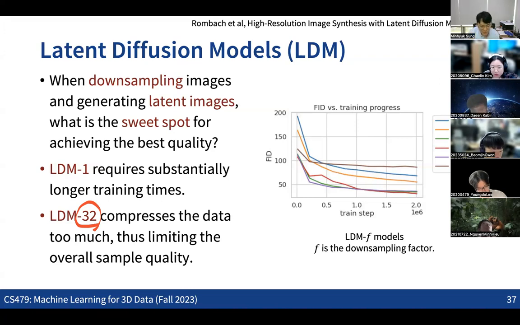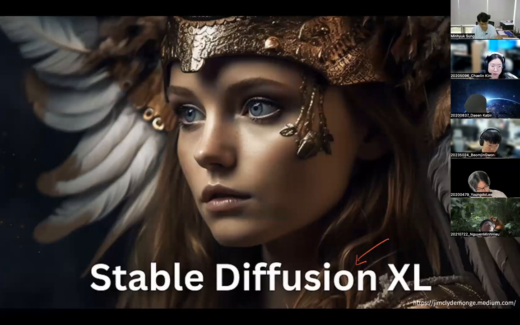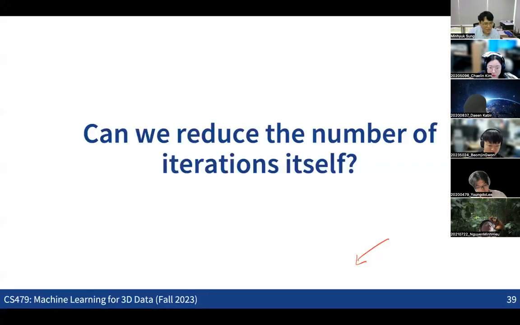So this LDM is a very standard way to train diffusion models. If you look at the famous public pre-trained diffusion models, pre-trained on large scale image datasets, like Stable Diffusion, the most famous pre-trained model, you can see that they are using the LDM idea: first mapping everything into the latent space, and learning the diffusion models in the latent space. But this is some sort of engineering idea, where we are reducing computation time by dimension reduction.